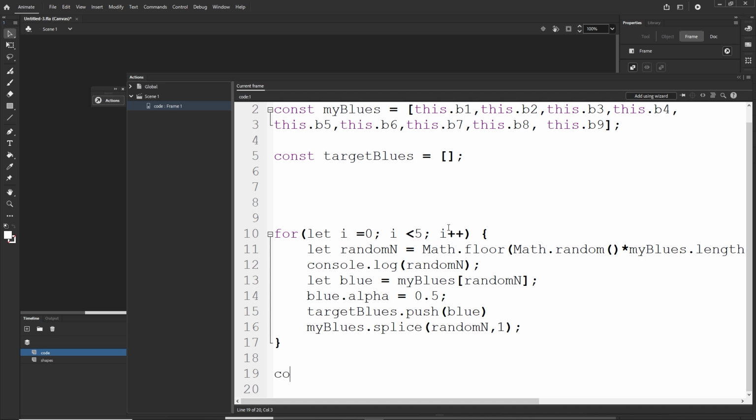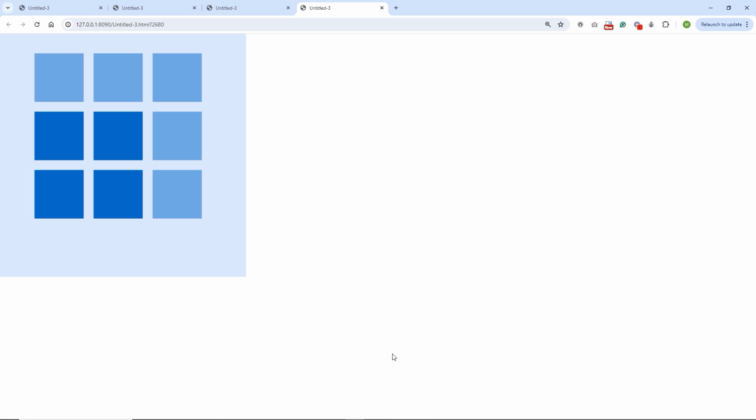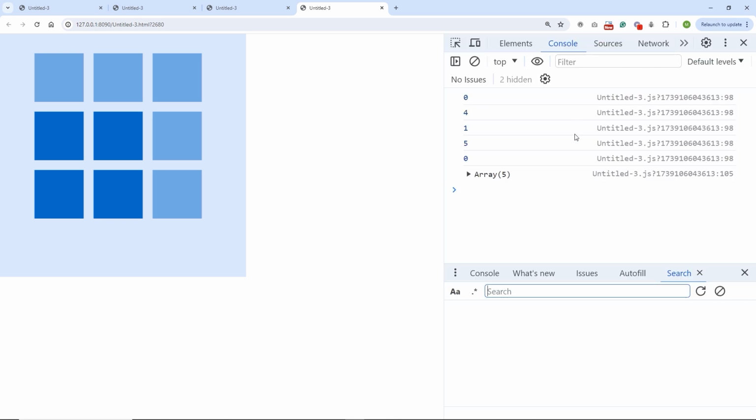So I'm going to console.log target blues, and target blues right now is going to contain 5 shapes. So I will go with F12. I'm going to have an array of 5, and in this array we should have B1, B2, B3, 4, 5, B6, 7, 8, and B9. Okay, and based on the order of the random numbers, I should know that the first random